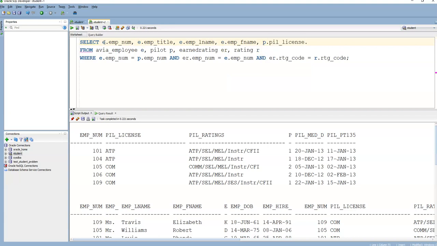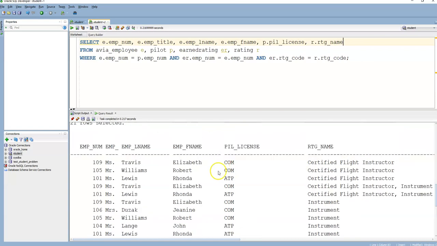And then probably the rating code. What was it? I lose my track every time I look away. And pilot ratings, so P, comma, R dot ratings. To me, the human being doesn't care about the code; the human being cares about the name of the rating. So that's what I put in for this one. Then when you run this,